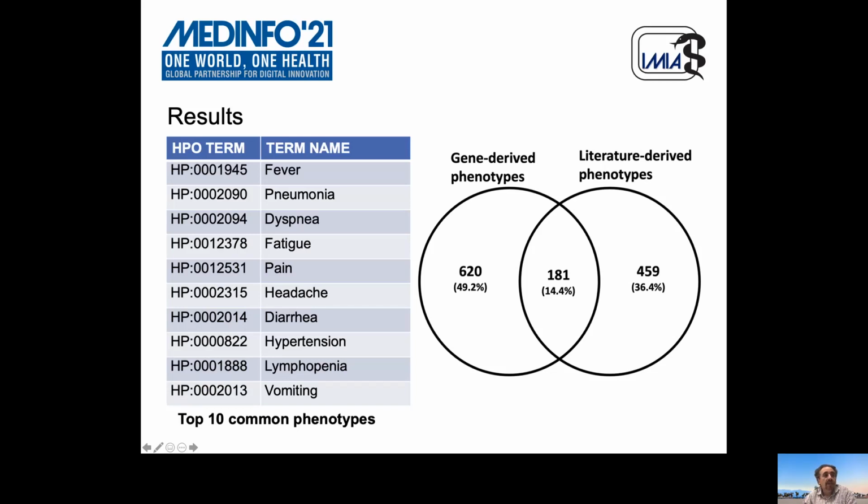Across the top 10 common phenotypes, and this list is derived from the 181, we can find terms that are familiar, and that is what we would expect, such as fever, pneumonia, dyspnea, fatigue, pain, headache, diarrhea, hypertension, lymphopenia, and vomiting. All these phenotypes have been described and associated with a SARS-CoV-2 infection. It is important to notice that we have been able also to analyze and to identify the molecular mechanisms that may lead to these